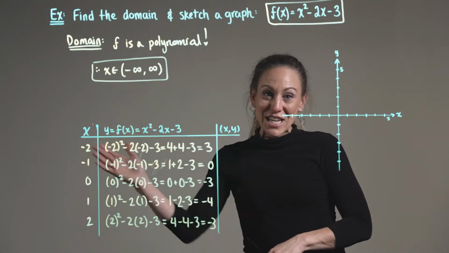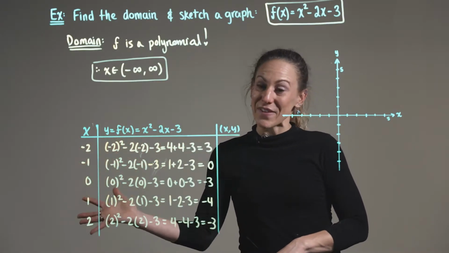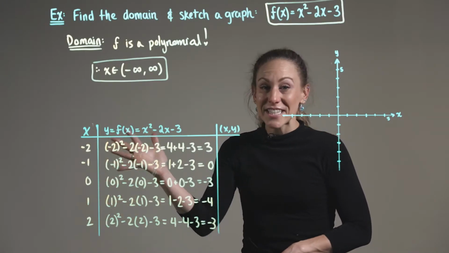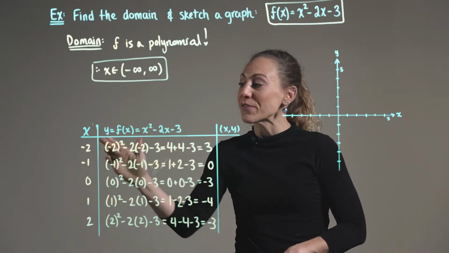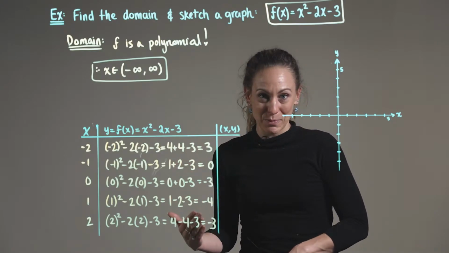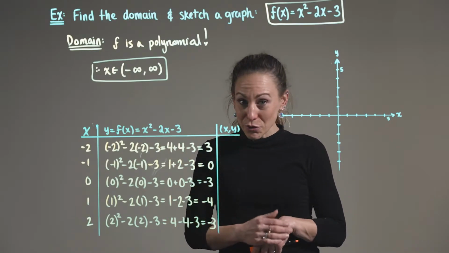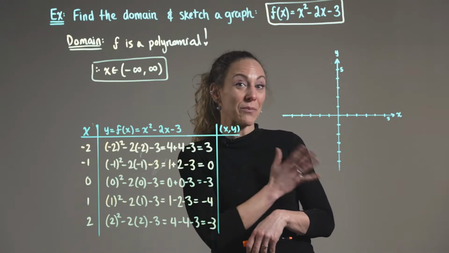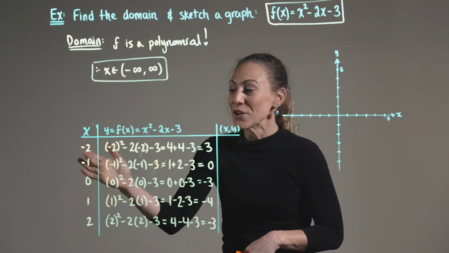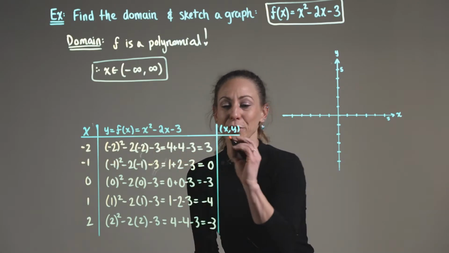So we've taken each one of our inputs, our x values, and plugged these input values into the function to find their corresponding y's. So we now have a list of solution points that we're ready to go ahead and plot on our graph. So we can see that when x is -2,